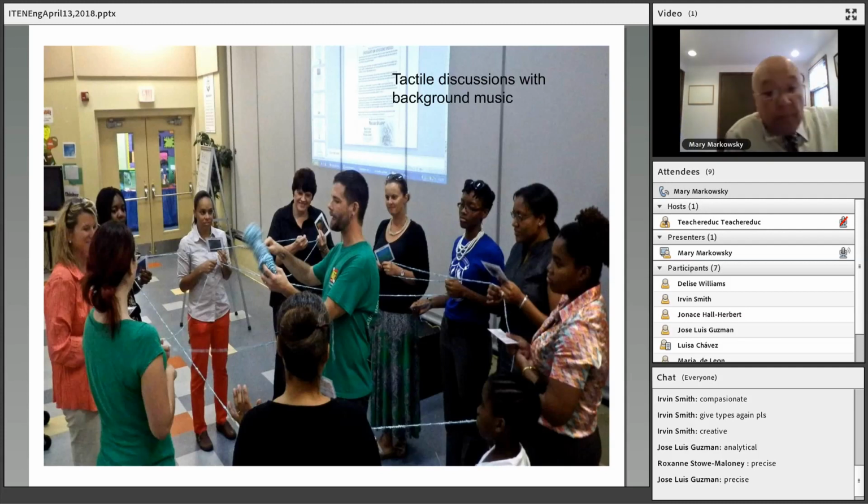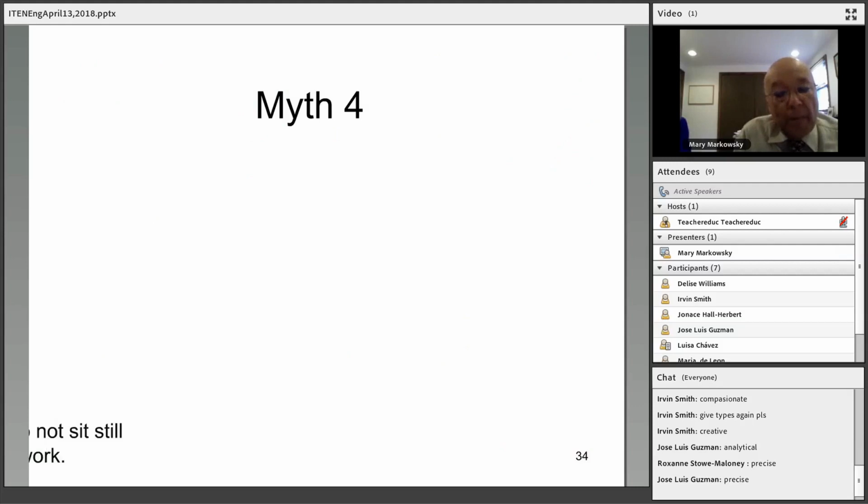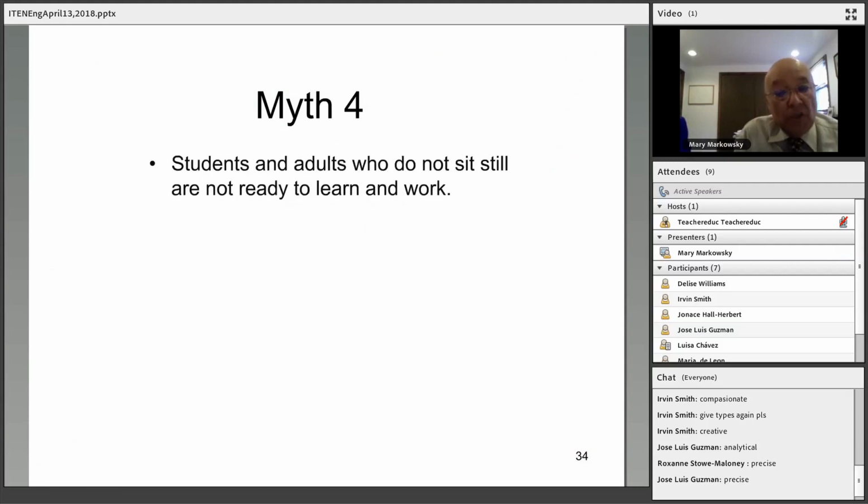So, Dimas, in this exercise, are they connecting to each other through that yarn? Yes. One asks a question, and whoever answers, they'll pass them the yarn. That's how they keep moving with the yarn, asking each other questions until they finish with the yarn or the questions. And this is to provide music and tactile. Yes, and this has background music because they wanted background music on it. These are teachers.